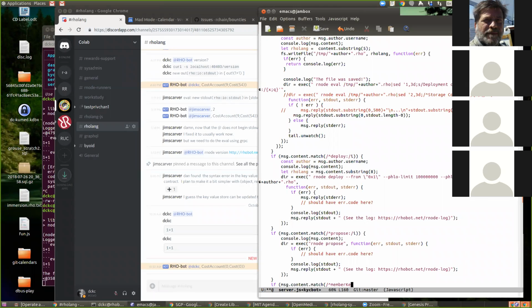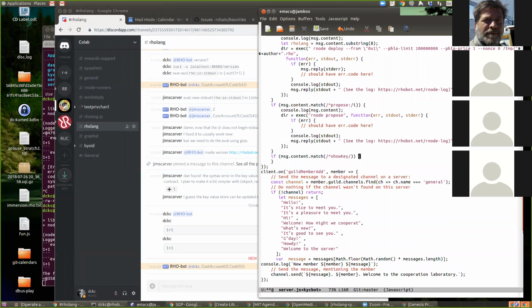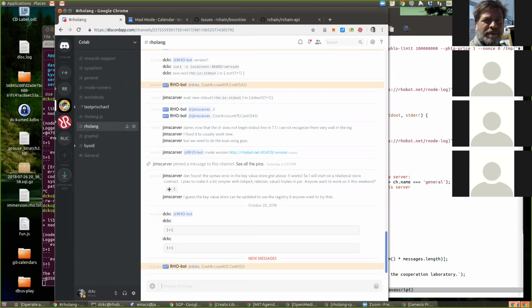What, you got a favorite word? I would say I am. But what we're doing is doing a lookup, right? We're looking up the person themselves. So I'm going to type something to get rho-bot to show my key, right?